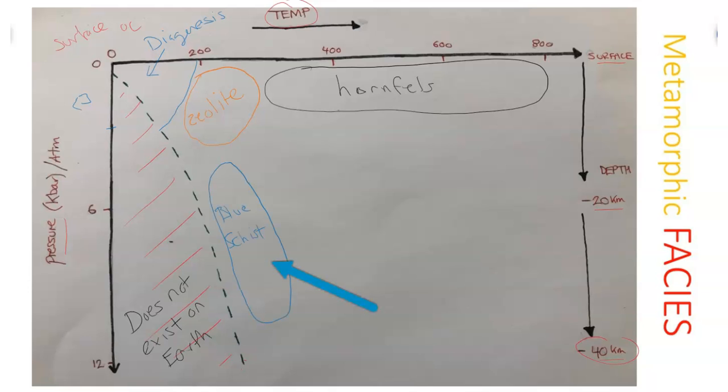This one is Blueschist down here. Now this one shows, again, it's like the Hornfels, but it's like an elongated oval, and you'll see that it's associated with higher pressure, lower temperature. So the temperature is going to be less than 300, but the pressure can be as high as 10 kilobars. You have subduction zones as the main location, lower geothermal gradients, and this happens at greater depths between